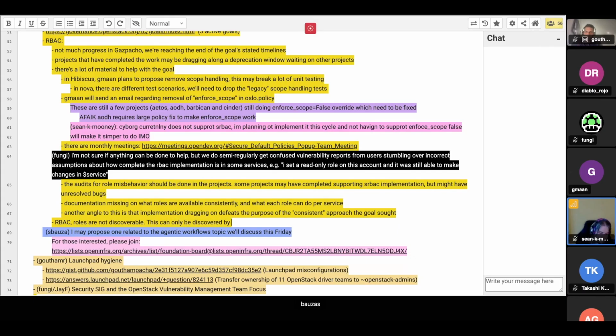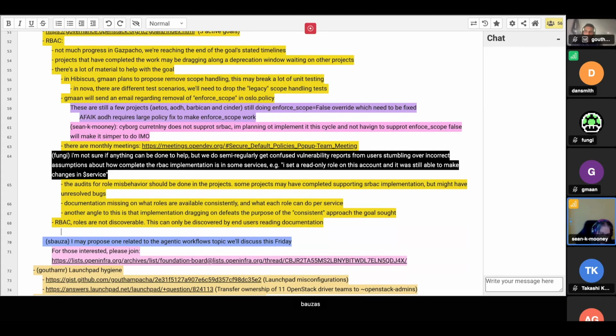Yeah. But don't you get a list of roles when you get your token? You do, but you don't necessarily know. You can only hope that the operator did the right thing, right? So if the cloud is configured to support the reader role and you have member and reader, then you can infer that in theory I've got read-only access. But because we left it to the operator to make sure that they configured everything correctly, you can't be sure that the placement service you're talking to or whatever properly enforces reader. But you can ask for a token with a particular role, I guess, or with a limited set of roles. What would be your recourse?